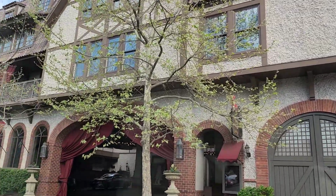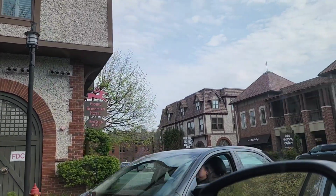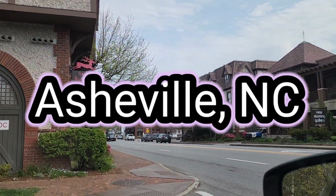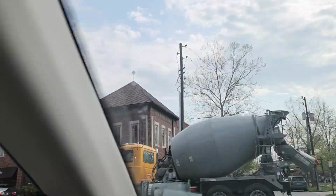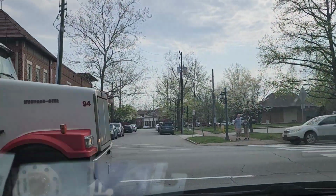Everything's old. We made it to Asheville, and that's the Grand Bohemian Hotel. And then we're here, y'all. I don't know who's more excited, me or the kids, but I'm in Asheville, and we're touring